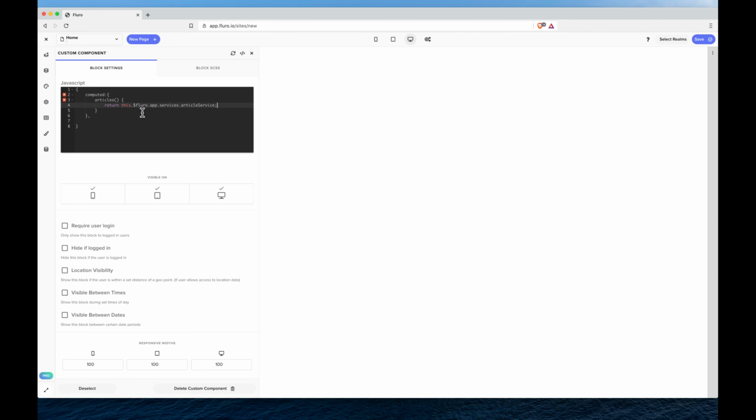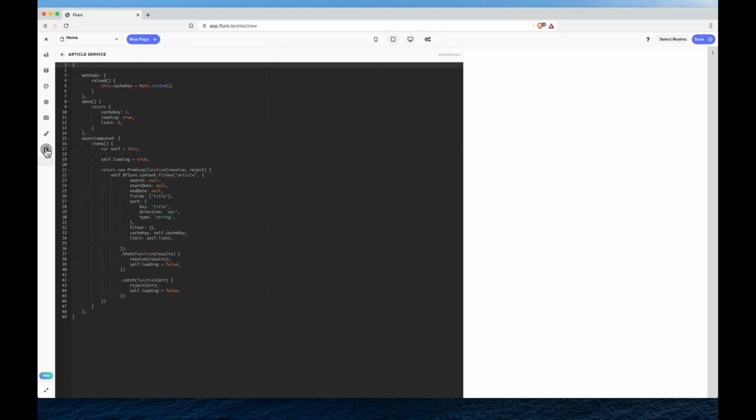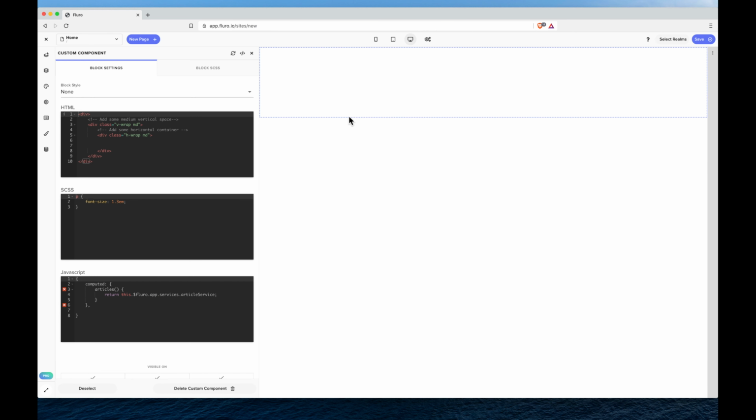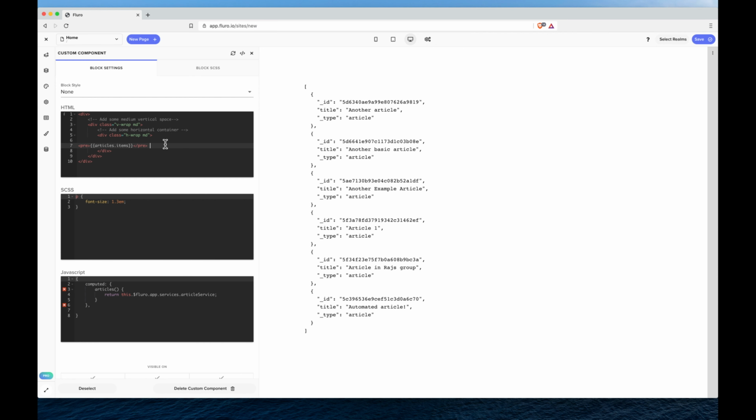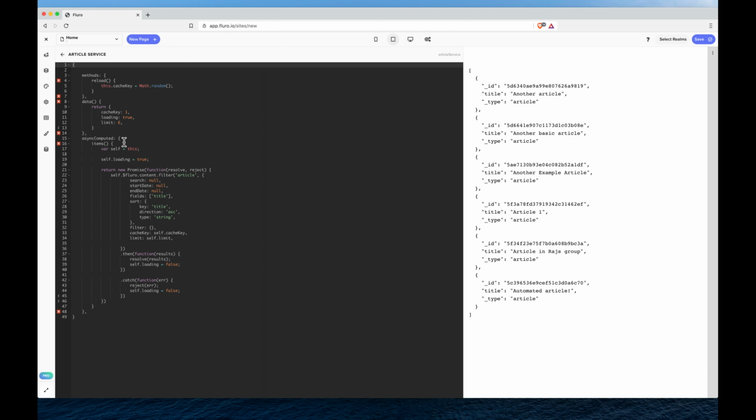$fluoro.app.services.articleService. And the reason why I know what that's called is because in our service over here, you can see it's called article service up here. That's the name that's going to be added programmatically. So in here, I can do things like this, where I can spit out my articles.items,